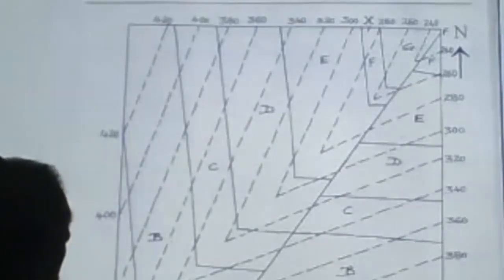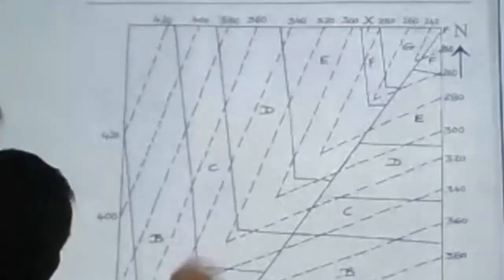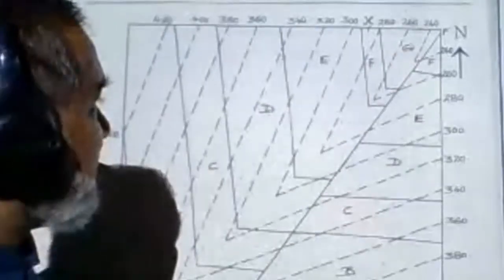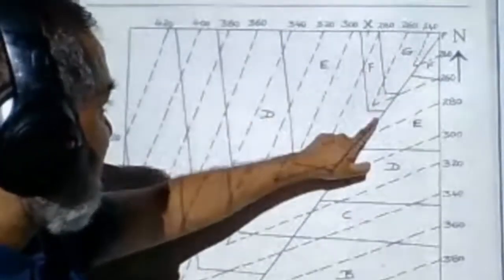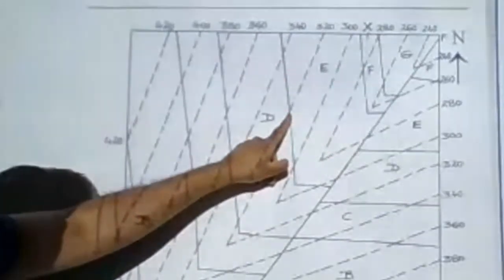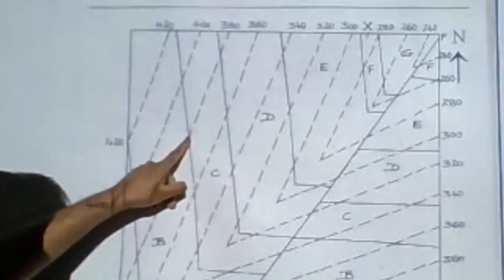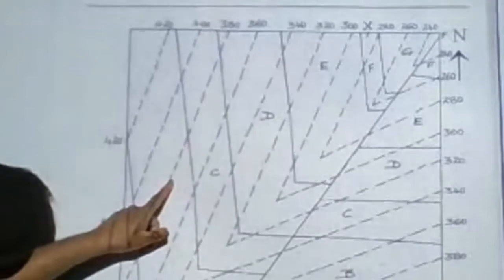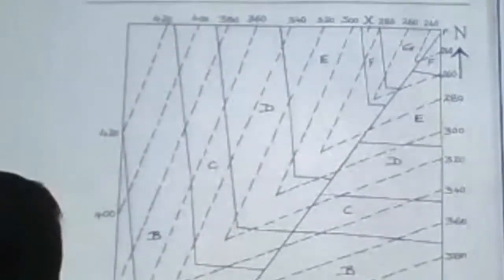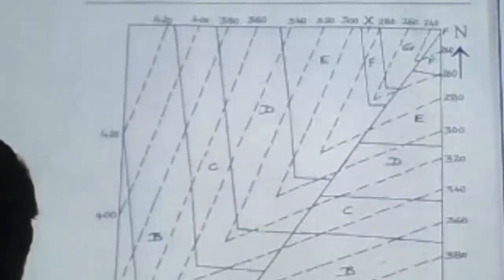Then the next one, order of superposition. The dip is toward this side, the arrow is on this side, A is there, so A is the youngest and G will be the oldest. F will be 20 meters, E will be 20, 20, 40, 60 meters. Then 20, 20, 40 meters, again 20, 20, 40, and this will be 60 meters. So A will be your youngest one. This is the way you have to find out the thicknesses.